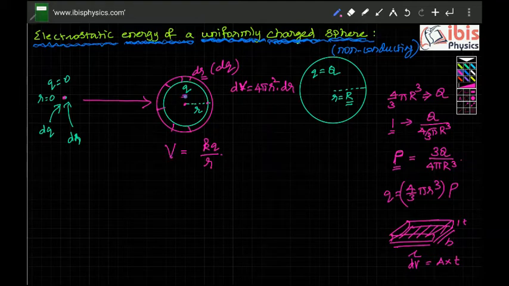Right now, when you are adding dr radius, you are also adding dq charge. This V is the work done to add 1 coulomb of charge. Work done to add 2 coulomb of charge is 2V. Work done to add dq coulomb of charge will be dq into V. This is the work done. So the work done or the energy required is equal to V into dq, and V is actually kq by r, so kq by r into dq.